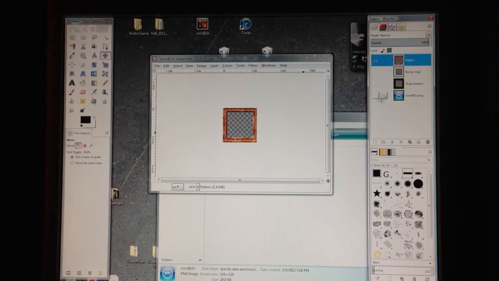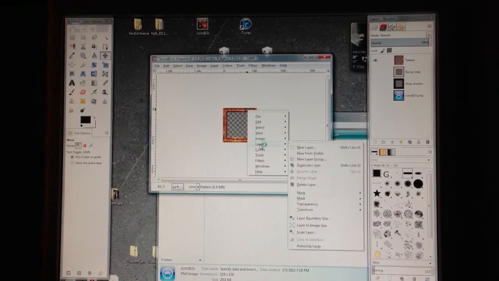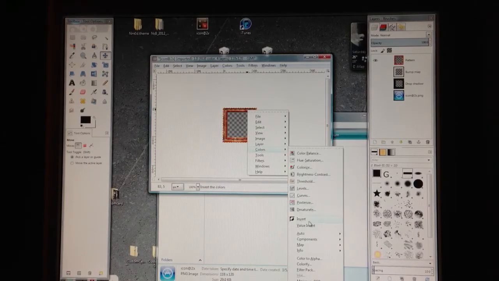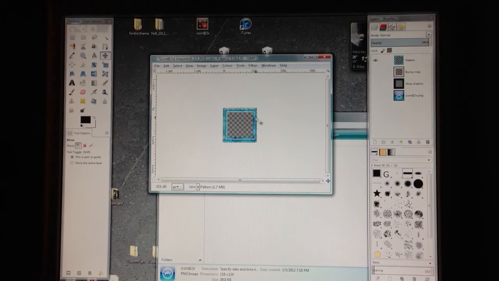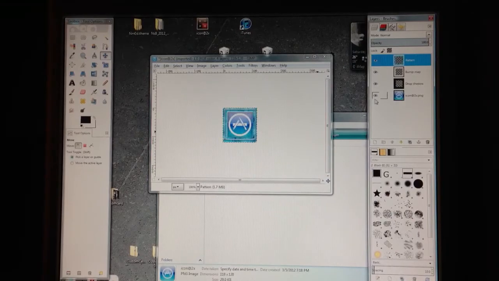And select these. Come over to here, and we're going to do colors. And we're just going to invert the colors, give it a nice little touch to match up with the icon kind of nicely. And voila. Now, you have all these. Now what we are going to do is we are going to come back to